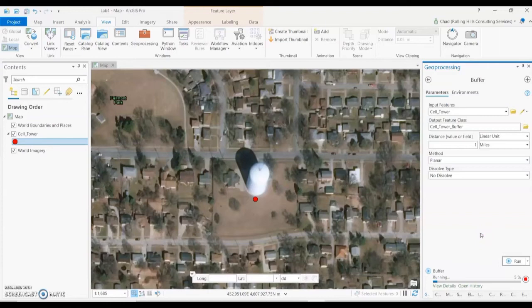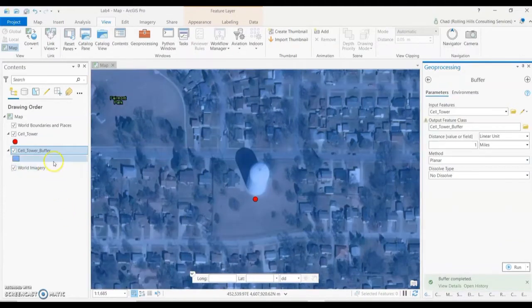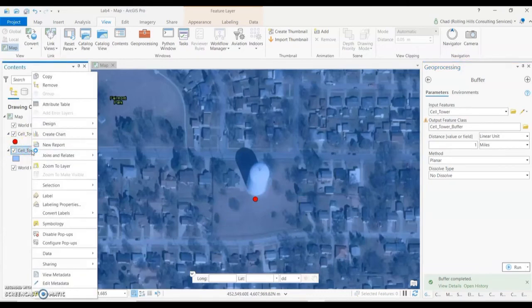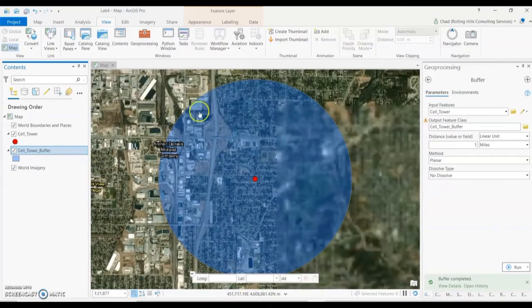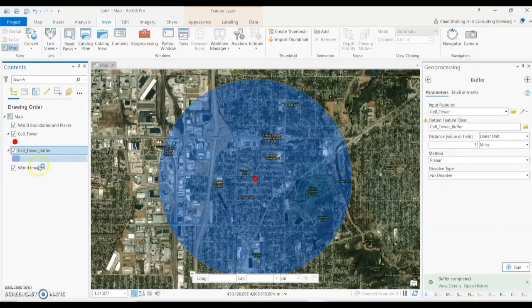And we'll let it do its thing here. I'll take a drink of coffee. Updating. Here we go. Buffer complete. So now we have a cell tower buffer 1 mile around this point. So if we right click on cell tower buffer, or whatever you called it over here, and then when this pops up, zoom to layer. So now we have a 1 mile polygon feature class